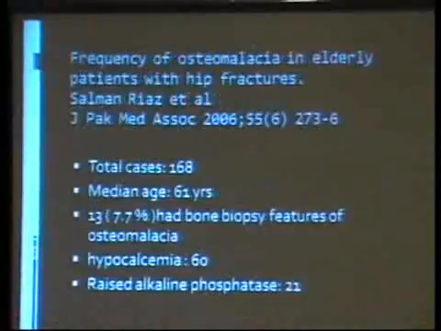Another study reported in 2006 from the Aga Khan University Hospital looked at bone biopsy figures. These were patients who were admitted with fractures of the neck of femur, and they took off a portion of the bone and sent it to the lab for histopathology. In this group, they had 168 patients with a median age of 61 years. And 13 of these had bone biopsy features of osteomalacia. However, they